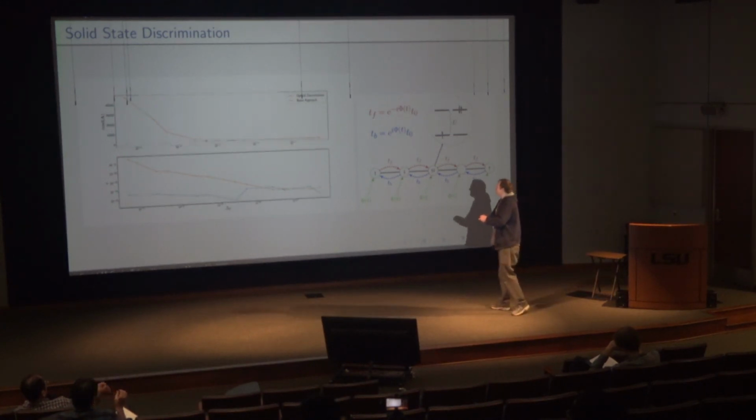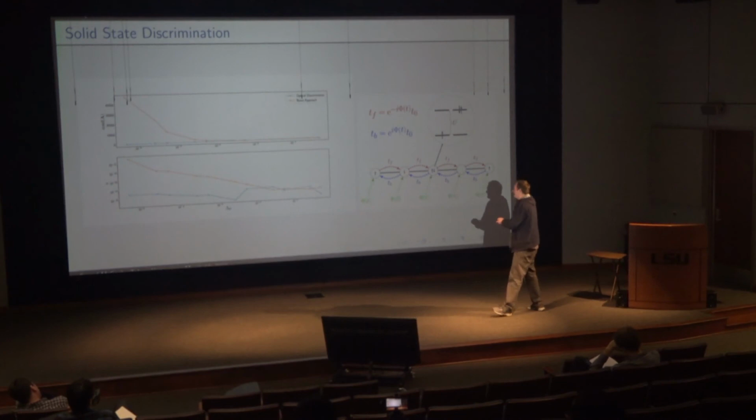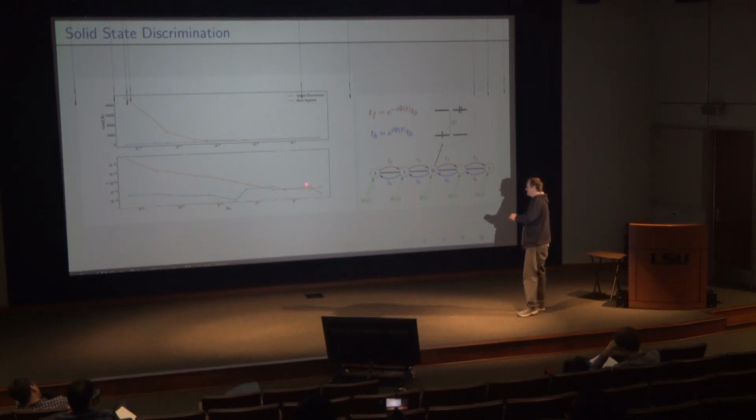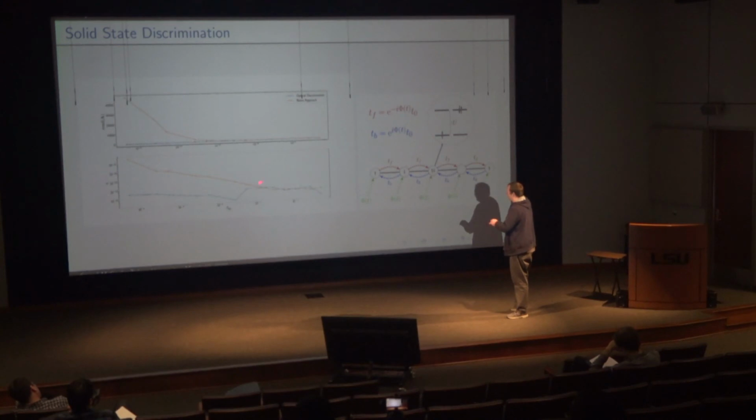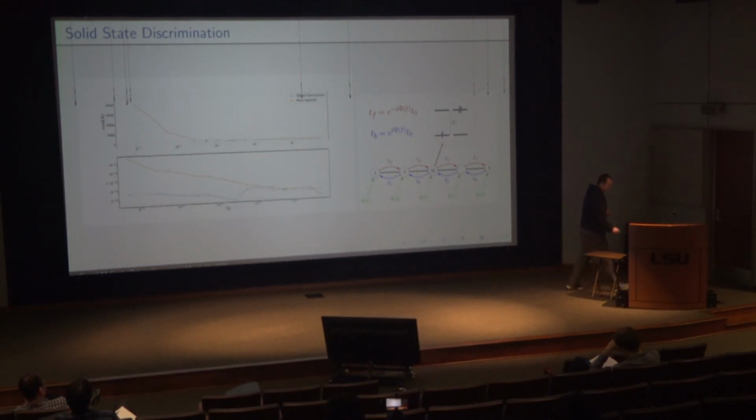And what we see is that if we use our naive approach of a transform limited pulse on just these two species, as we make the systems more and more similar, the condition number goes way up. And when we look at the error, calculated the same way as before, at relatively large differences, this error is still on the level of numerical precision. But as you make the systems more and more similar, this error goes way up for the naive approach, whereas the tracking approach stays more or less on the level of numerical precision. So I think that is more or less all I wanted to talk about here.